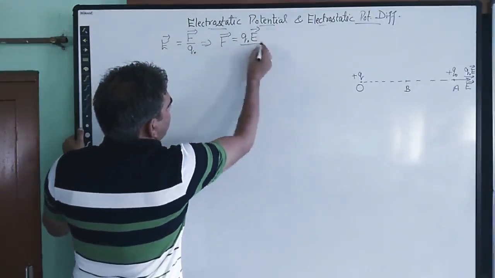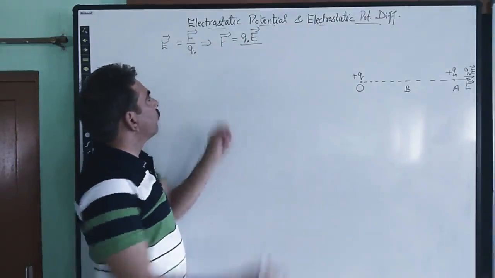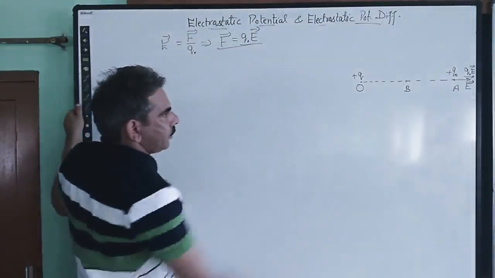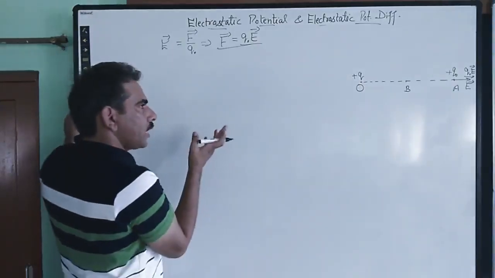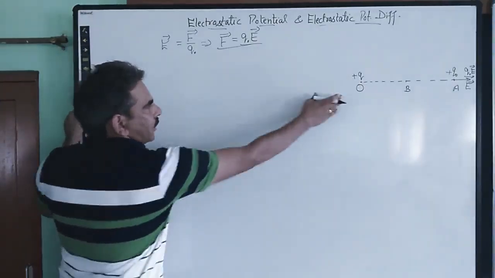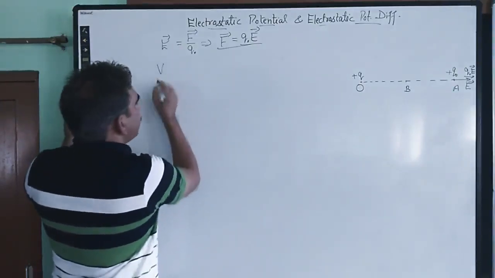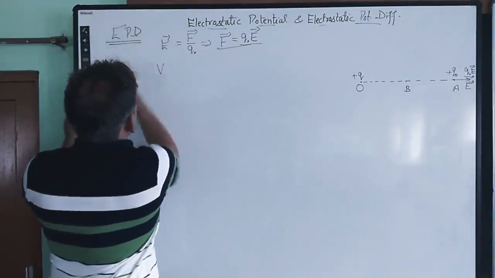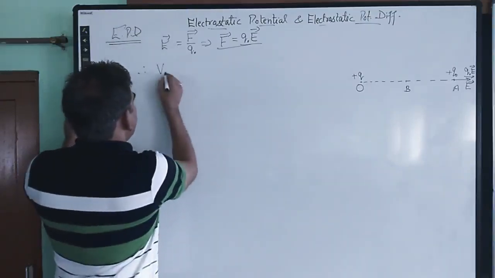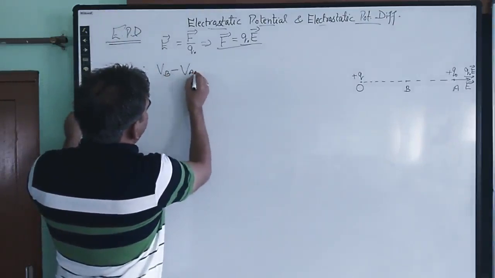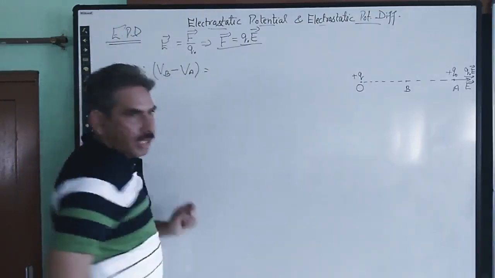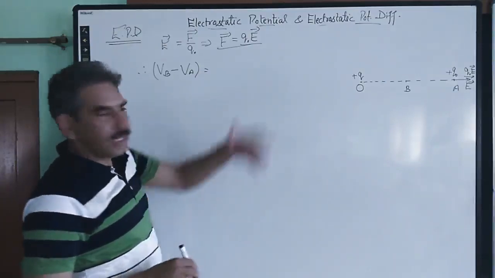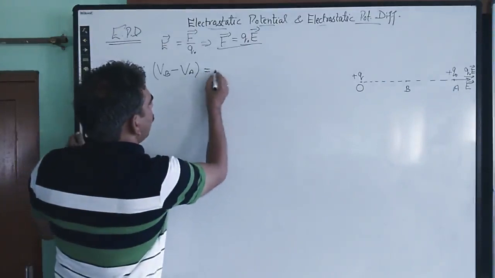So we are doing the work against this force. This is the force applied by the electric field of the given charge. Therefore, because we are doing the work against the electrostatic force of this given charge, the electric potential difference, for which we are going to derive the expression, is simply given by VB minus VA, as by definition we have taken it to be the amount of work done on unit positive test charge. But what is the amount of charge we are taking? Q naught. So what is the work done on unit positive test charge?